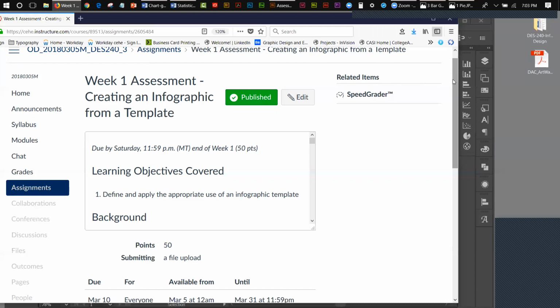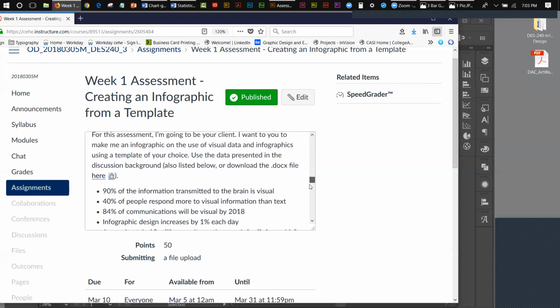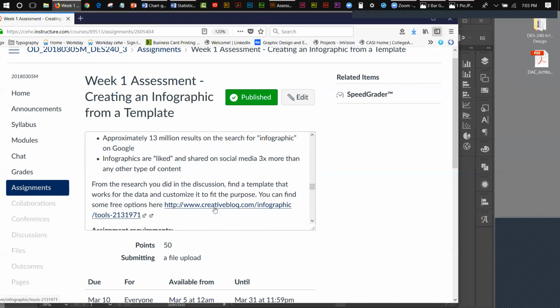And in the discussion, and I think maybe in here, let me see if I'm mistaken on that. Hold on, let me just scroll down here. Well, you can find some free options here. That's it, creativeblog.com, Infographic Tools. There it is. So basically, this link will bring you to a site that discusses some of the infographic tools that are available to you. I really don't get involved in talking about this very much. I'm going to pretty much leave that up to you to look at and to explore,